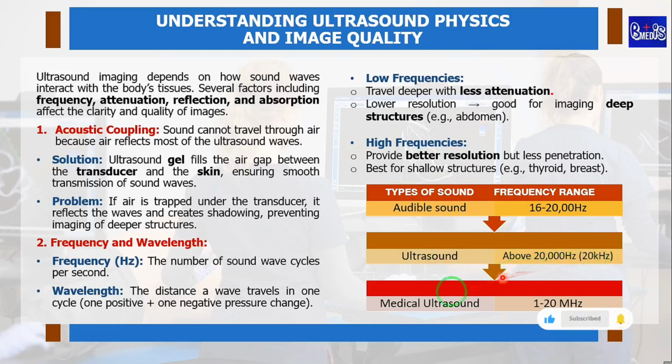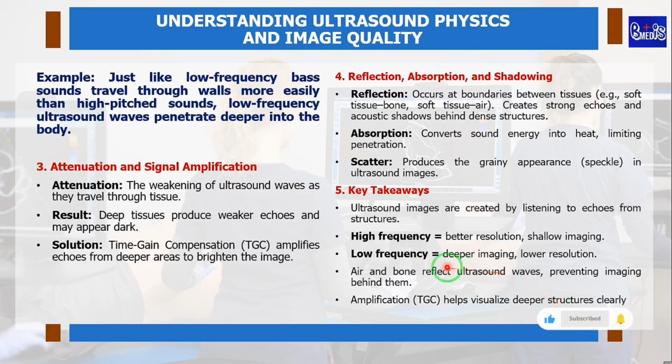But when we talk of medical ultrasound energy, it ranges between 1 to 20 megahertz. That's why most of our probes are between 2 to 15 megahertz or 2 to 20 megahertz. More modern ultrasound comes with higher frequencies, so you can see ultrasound machines with 18 to 20 megahertz. Okay, so we now look at